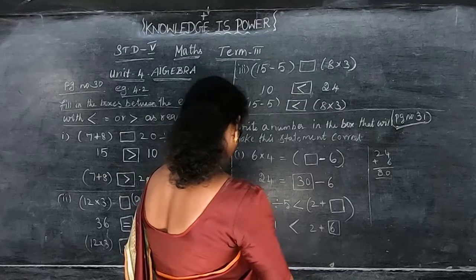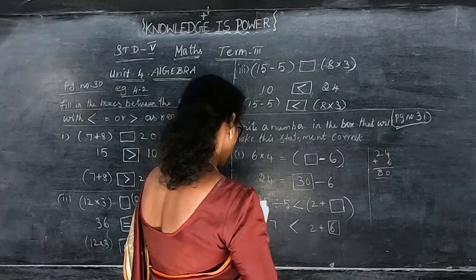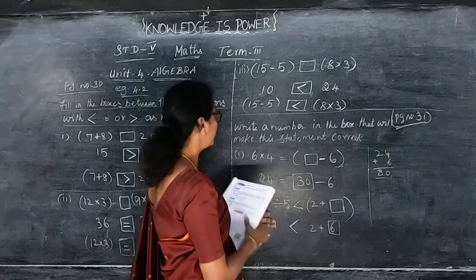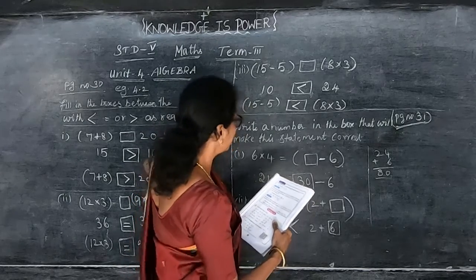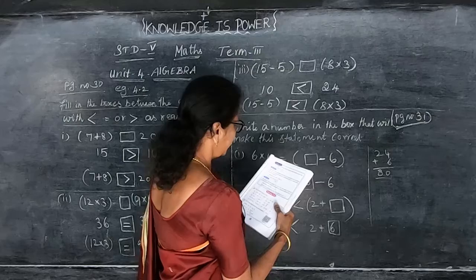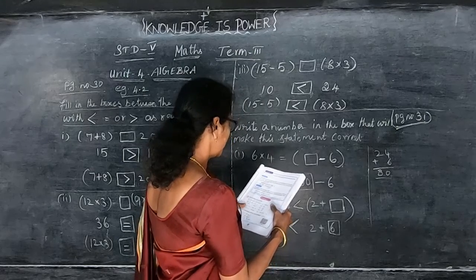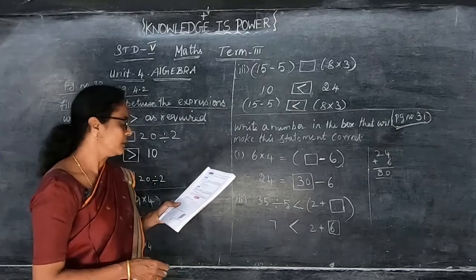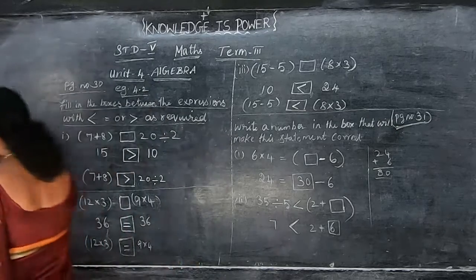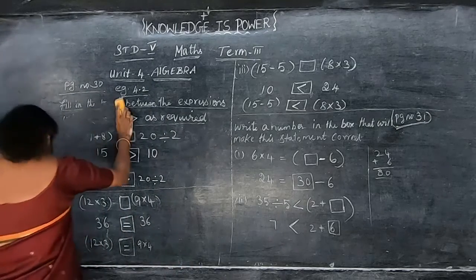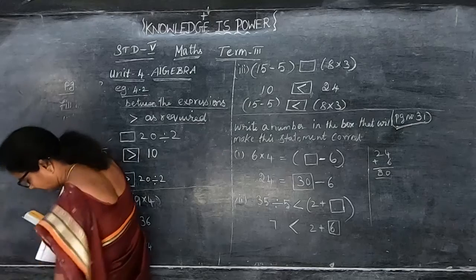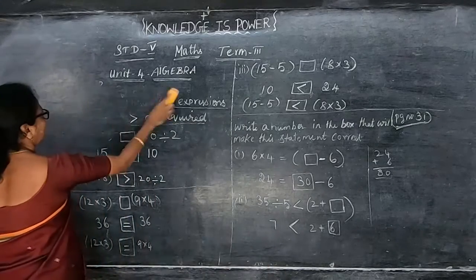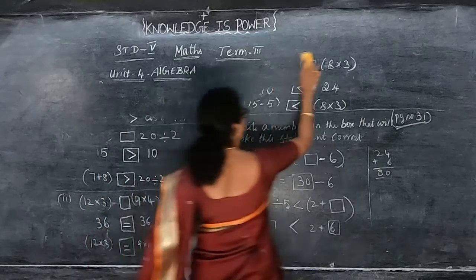Okay, so the number we added, the sum, is greater than 7. So greater than 7, 35 divided by 5 is 7, and that is 8. 2 plus 6 is 8. So instead of 6, a number between 7 and 8 also you can put. Now the next sum, we move on to the 4.2. Next one is 4.2.